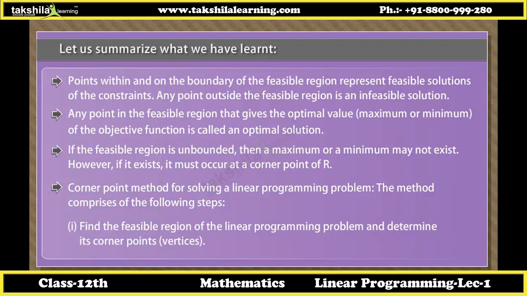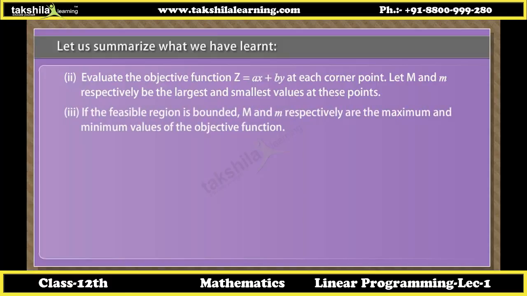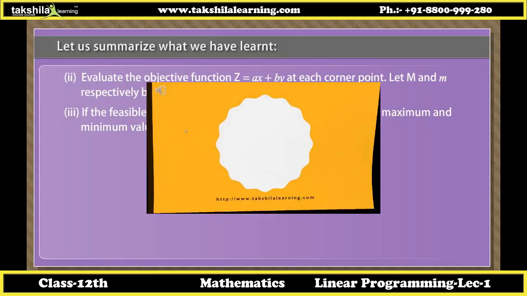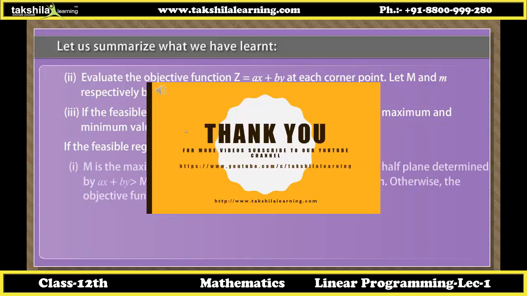1. Find the feasible region of the linear programming problem and determine its corner points (vertices). 2. Evaluate the objective function Z equals ax plus by at each corner point. Let M and m respectively be the largest and smallest values at these points. 3. If the feasible region is bounded, M and m respectively are the maximum and minimum values of the objective function. If the feasible region is unbounded, then: